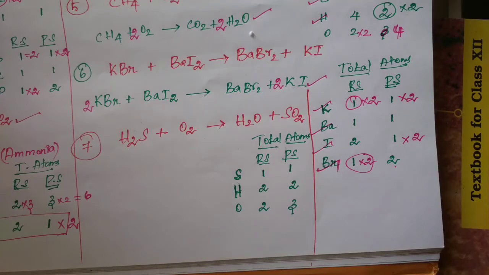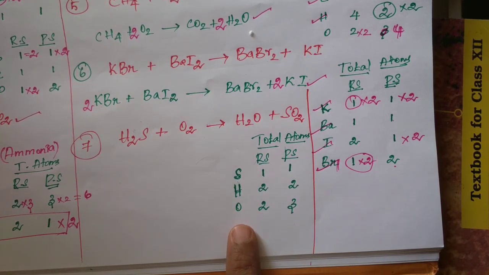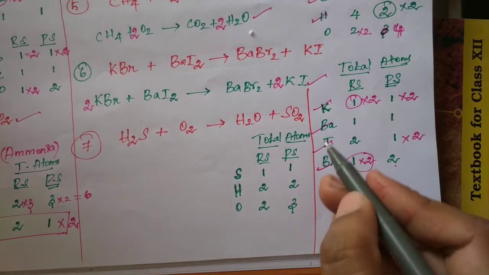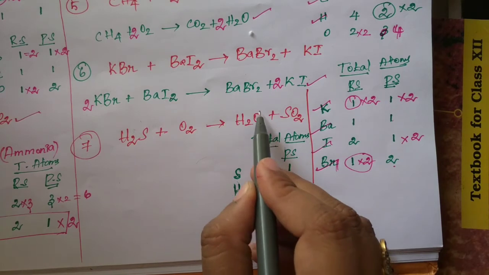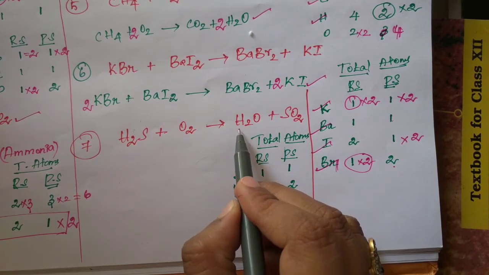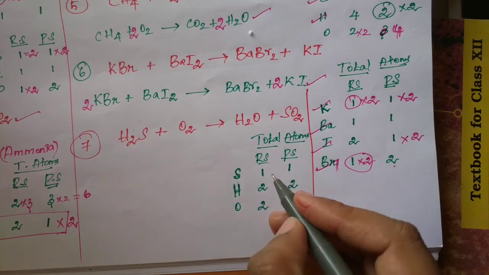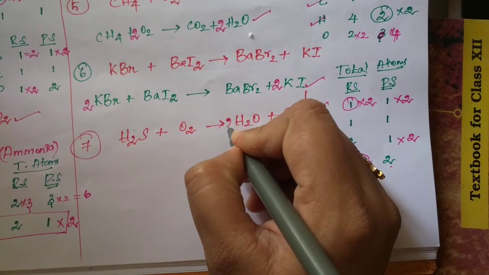See here, in this equation oxygen is not balanced, right? So you have to multiply the oxygen atom. So this is trick number 3. Here you have to apply. If any one of the atom is not balanced, then you have to multiply that compound by even number, right students? So now I am multiplying this water molecule. Okay, in this one, now I am going to increase its coefficient. Now I am multiplying 2 here.